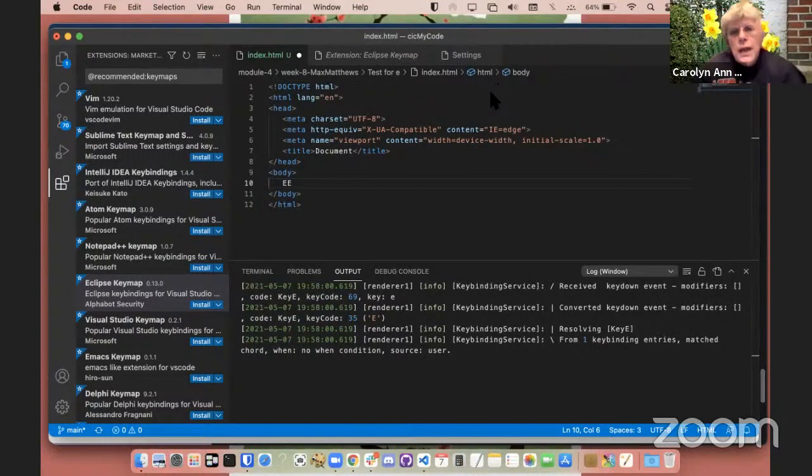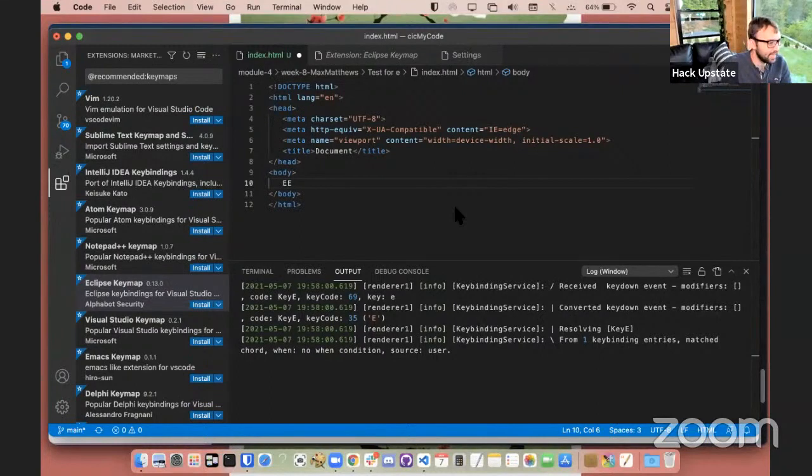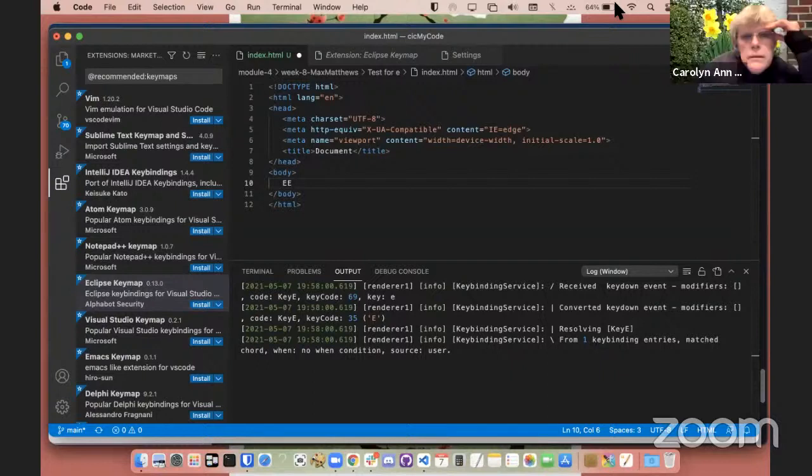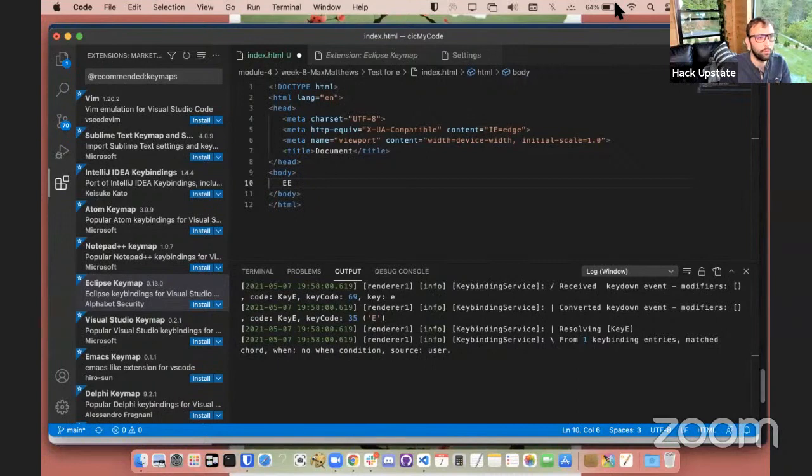You want something broken? I'm your woman. So it's supposed to say no when clauses match the context. When, no when clauses. So let's go back up to code up at the top